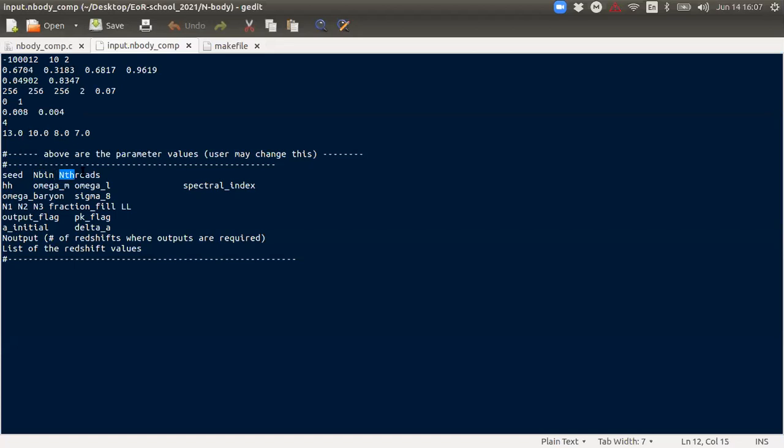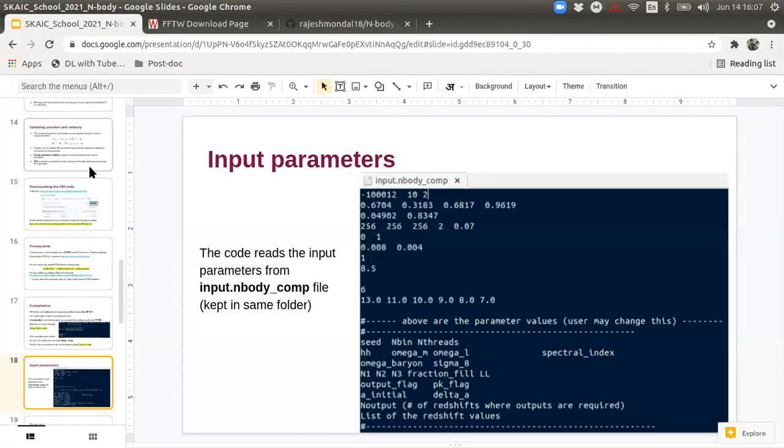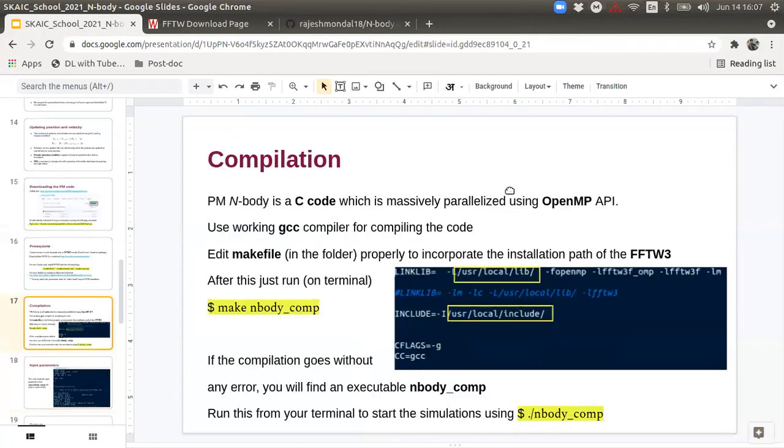The next one is the number of threads. Sorry, I think I forgot to mention: this code is basically parallelized. It doesn't run on only one core of your computer. It can run on multiple cores in order to gain speed. You can still run it on a single core, but the speed will be less.